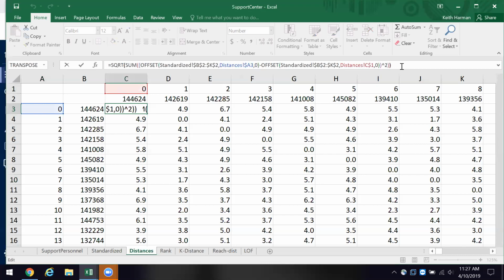If I scroll over to D3, I see that it differs from the other, and I'm still looking at A3 with the offset. But here this time I've moved to D1.